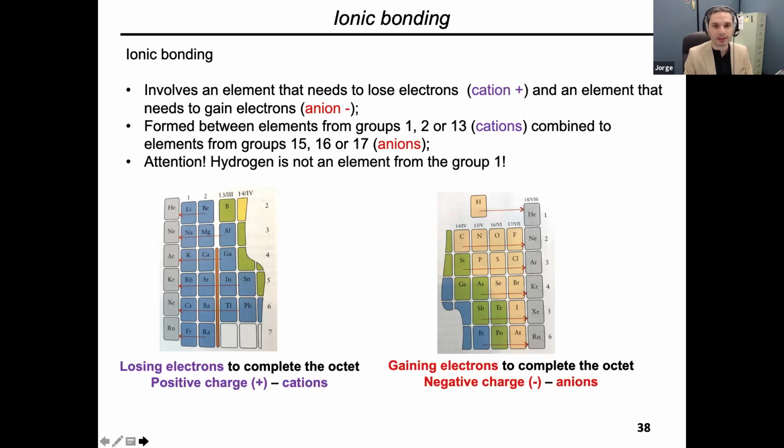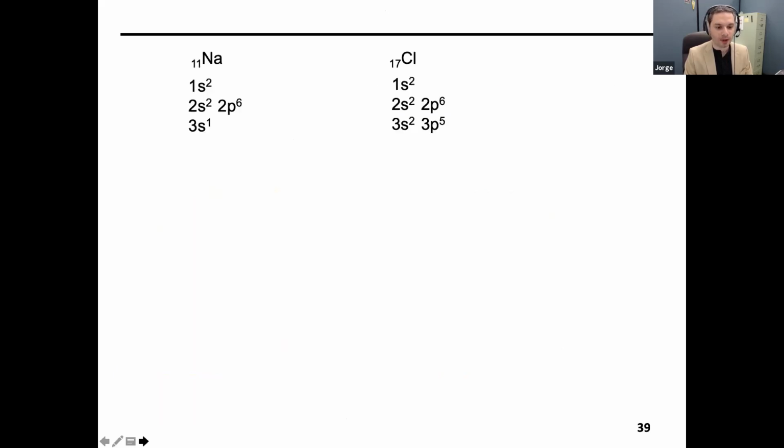Okay, so let's move on. All right, awesome. So now we want to do with you an example showing the combination between sodium and chlorine to form an ionic compound, okay? So remember that sodium belongs to the group number 1. Therefore, here you can see 1 valence electron,